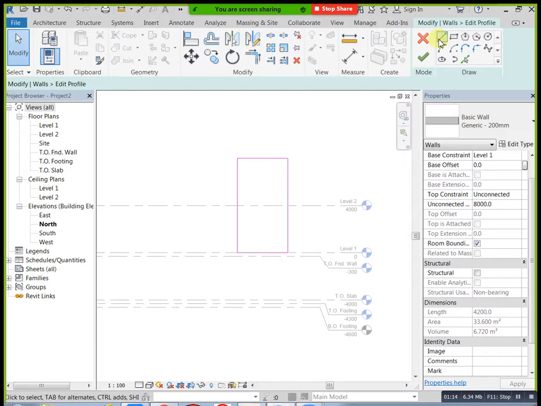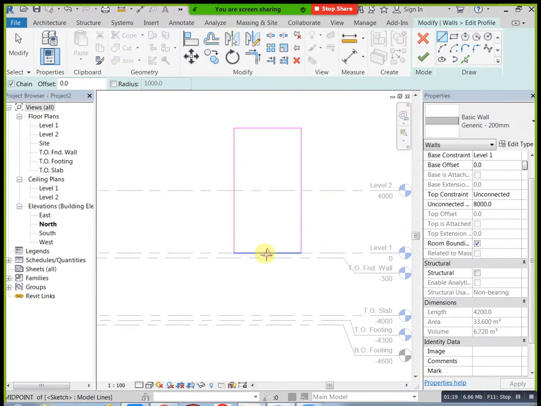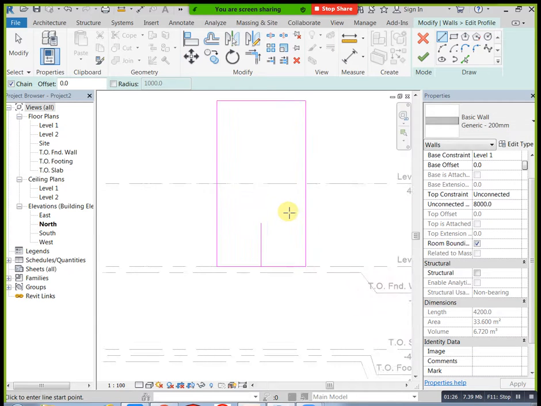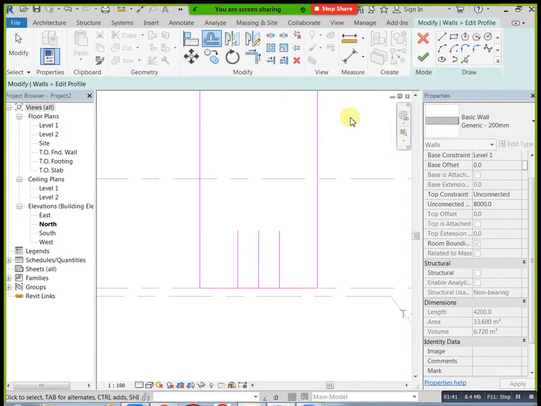Now you can apply your arch height. For example, if you need exact dimension, you can mention how much height. For example, I need 2100, 7 feet height. If you need exact dimension, click on offset and you can mention, for example, I need 5 feet arch. 5 feet arch means you can mention 1500. Now you will take 750 offset. Okay, now you will take your arch. Either you need only this type of arch, you can mention, or otherwise if you need any other angle, you can mention that also.